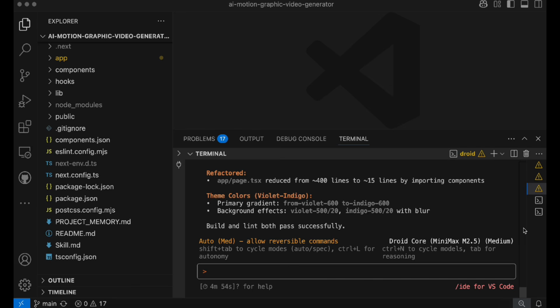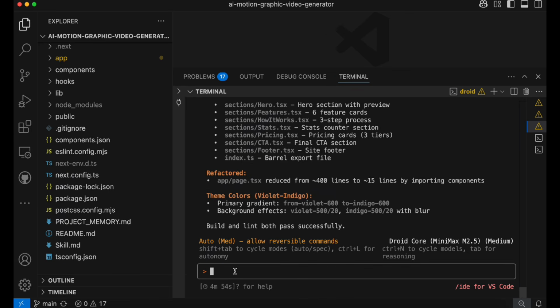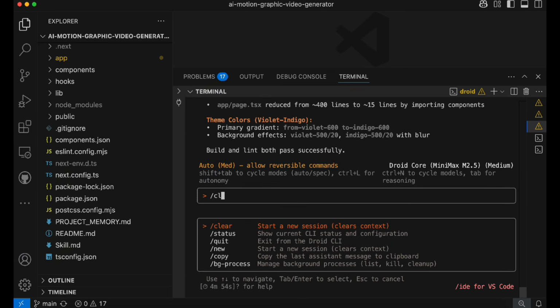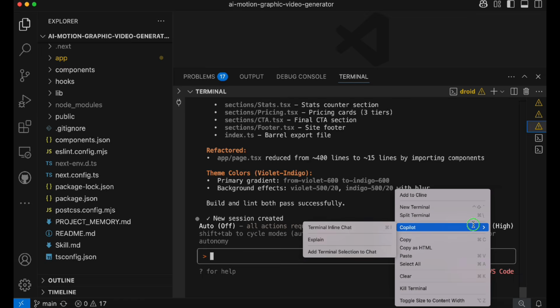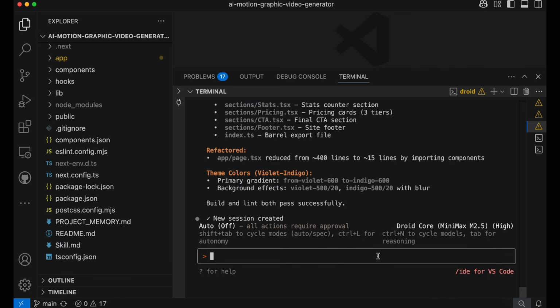Now, the next important thing that we need to implement is a database. We need to set up a database for our application in order to store all the records. So inside our terminal, we are going to create a new session, or obviously you have the option to start a new session by clearing it. And once you clear, you can even change the model. In this particular project, we are going to use Prisma. So here we're going to enter